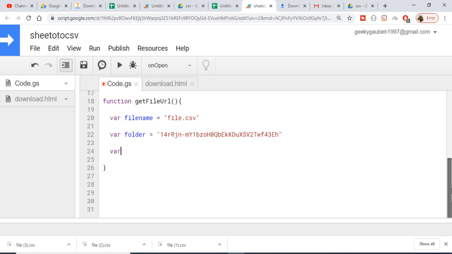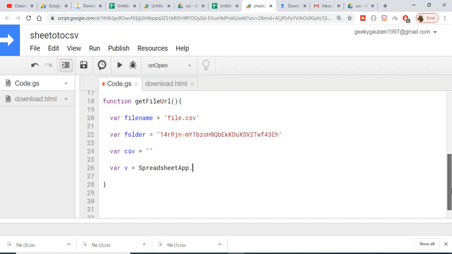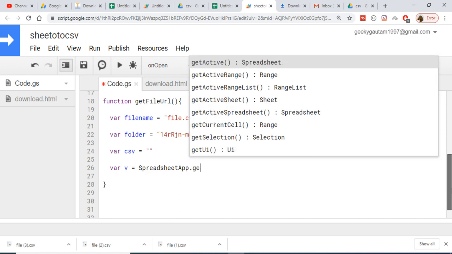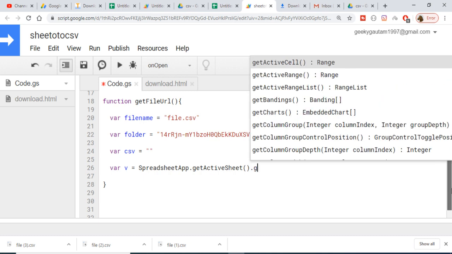So we will be declaring a CSV variable. We will be initializing it to nothing, and after that we will be getting the reference to our spreadsheet app dot active sheet. We will get the active sheet here, get active sheet like this, and after that we will be invoking another method which will be,